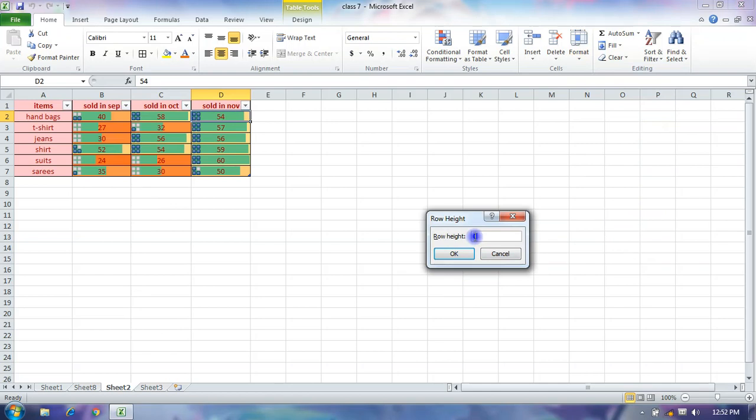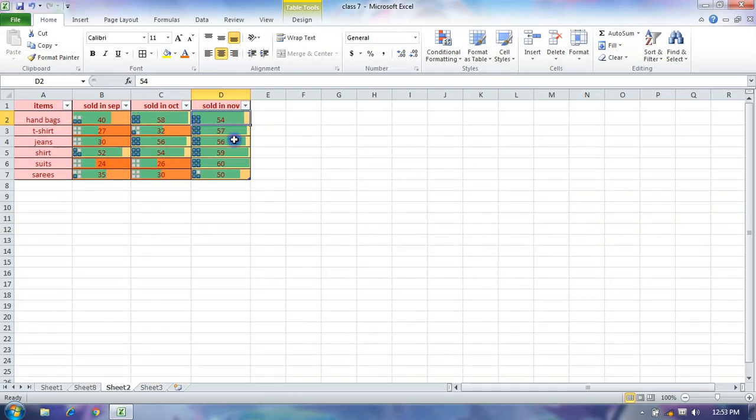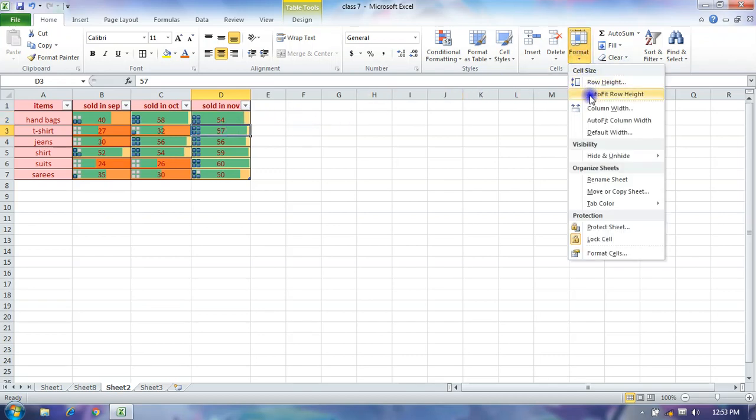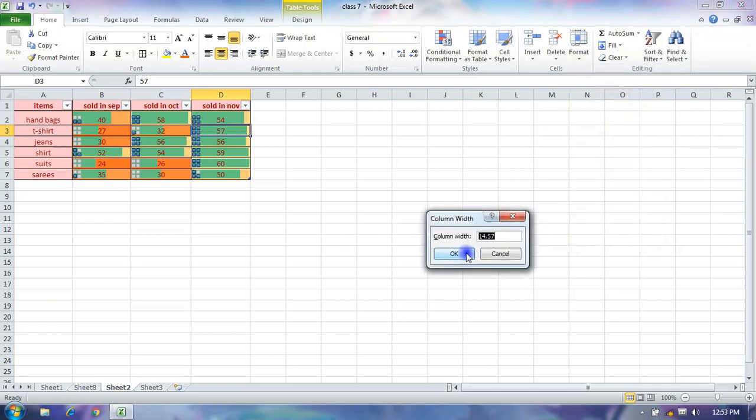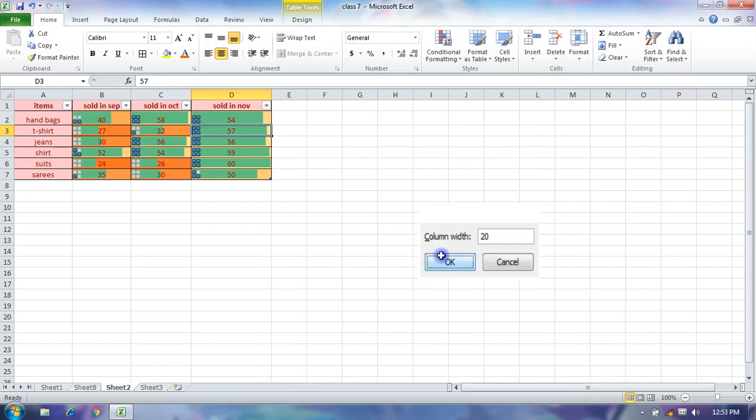It increases row height. If you increase column width, okay, it increases column width also.